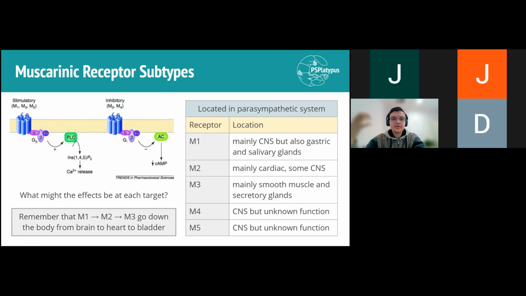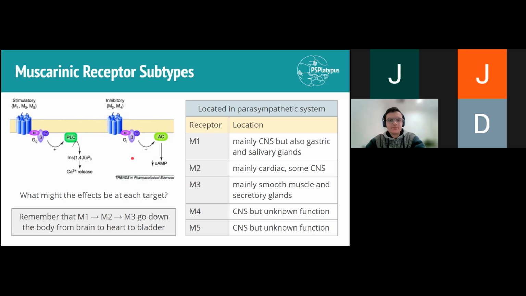Of course, bladder is a very general way of thinking about it, but I'm using bladder as an example because it fits that order, as well as the fact that the bladder does contain smooth muscles and secretory glands. So if you remember that, you know that tissues like the bladder will have the M3 receptor on them. Really, again, I'd encourage you to think about the actual effect of the PNS innervation to each of